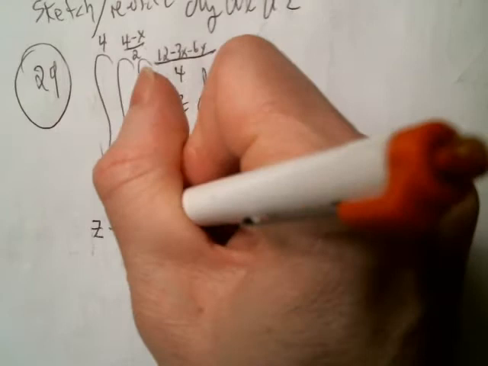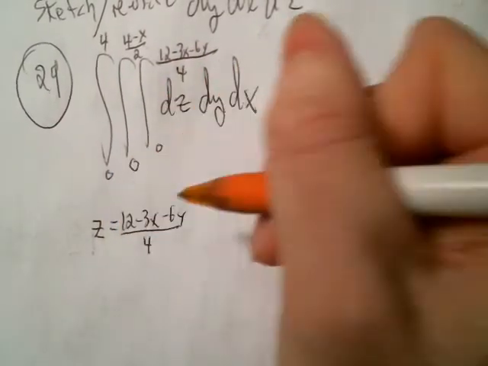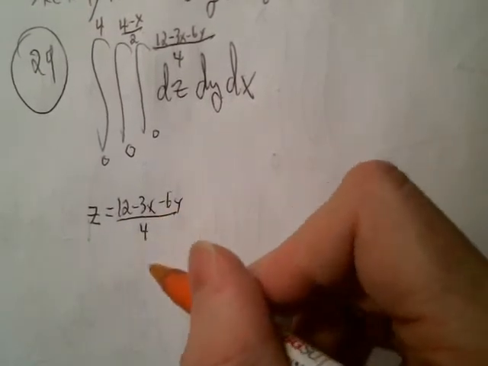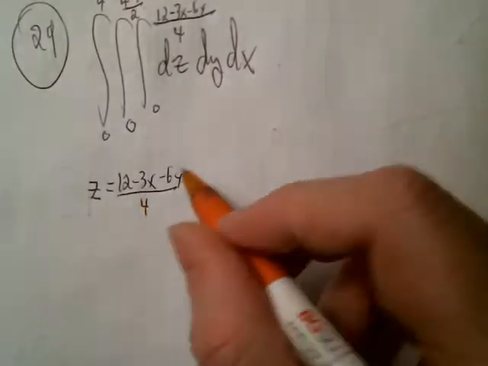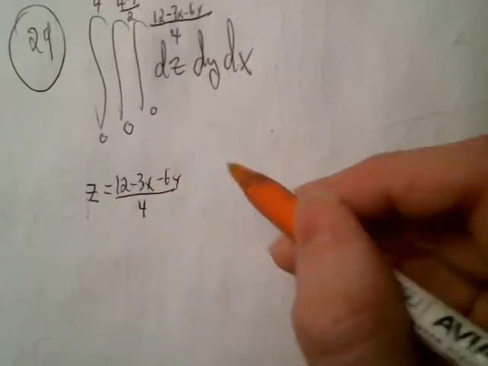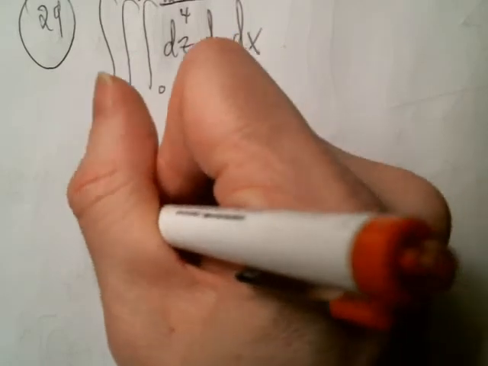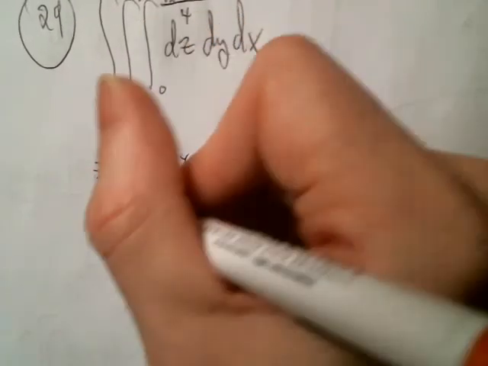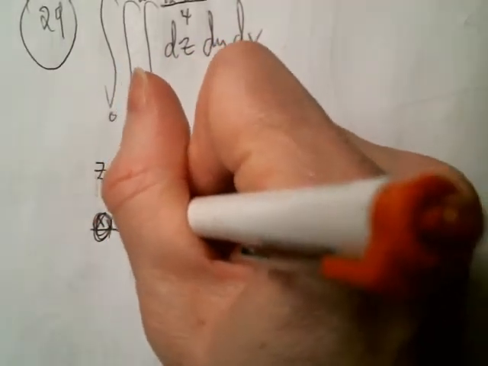Z equals 12 minus 3x minus 6y over 4. To figure out what this plane is, you do the x, y, and z intercepts. So you let x, y equal 0, get the z intercept. Let x, z equal 0, get the y intercept, etc. Okay, so for the x intercept, you're letting